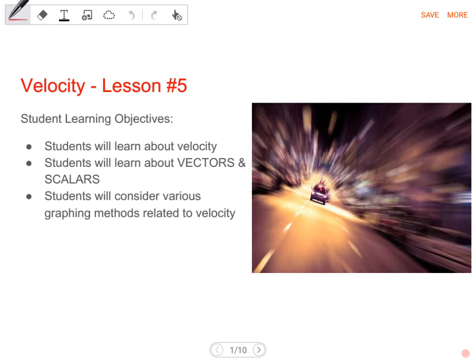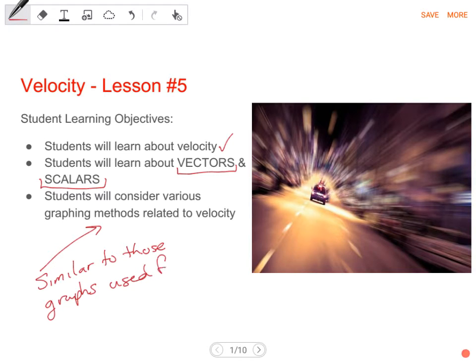It comes down to, well, if I look at the learning objectives, we are going to learn about velocity, but it really comes down to something called vectors and scalars. And that's going to help us understand the difference between speed and velocity. Finally, we'll look at some more graphing methods that are related to velocity. The graphing methods are very, very similar to those graphs